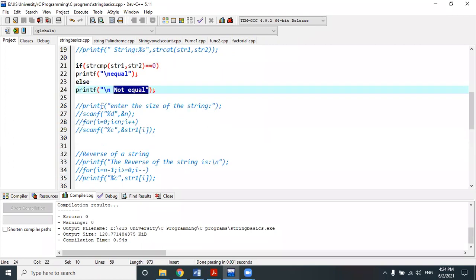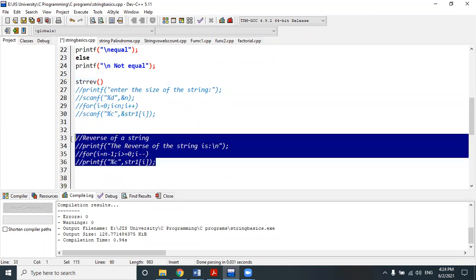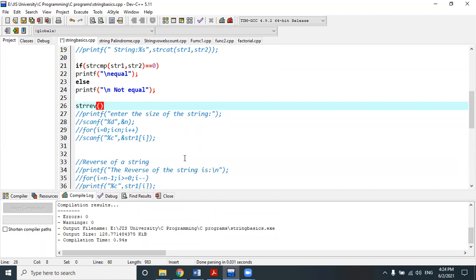One more important function that I need to show you, that is also used sometimes, strrev. What is the full form of this? It is used for reversal, yes, string reversal. So right now you can see that I have used this code to do a string reversal. Here I am using only strrev to do the string reversal. I want to reverse the first string, suppose str1, and we will print it. I think it should be stored in some variable. Let me check it first.